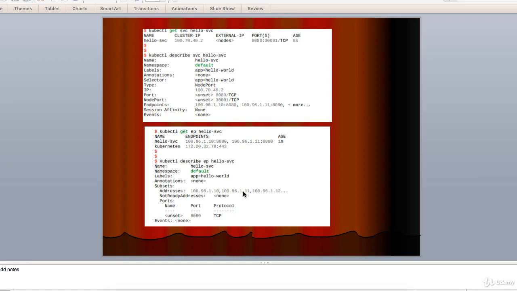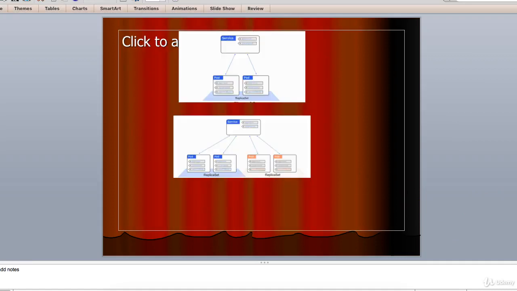Let me share an example of a simple business app deployed on a Kubernetes cluster as a bunch of pods managed by replica sets.